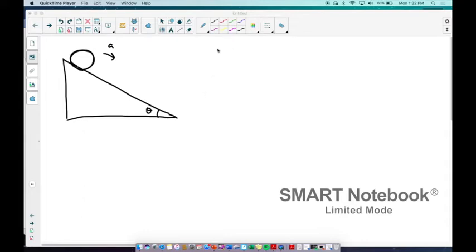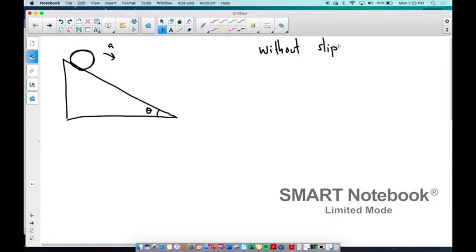Okay, let's analyze now what happens when we have an object rolling down an incline without slipping. So once again, this is without slipping. When an object is rolling down an incline without slipping here, we're going to do just what we've always